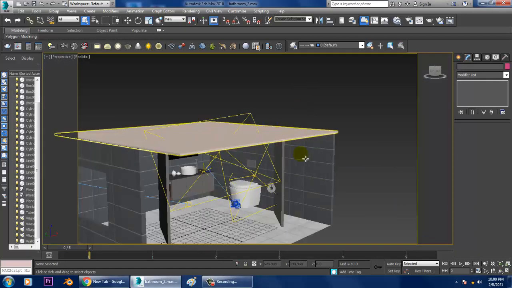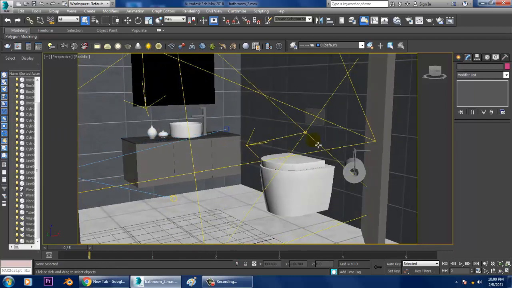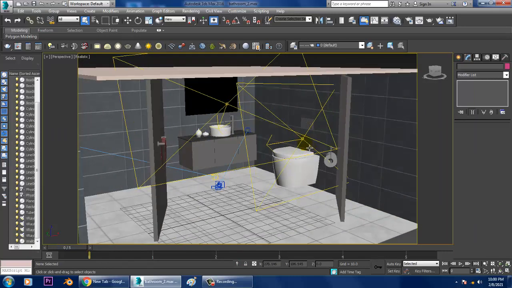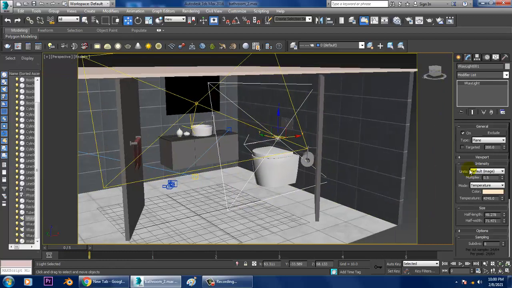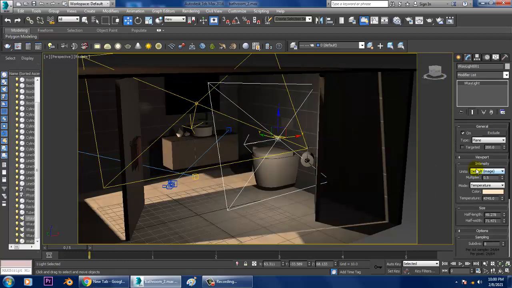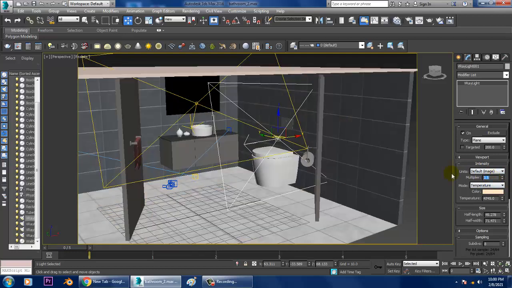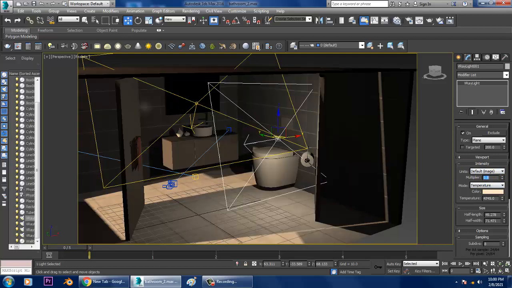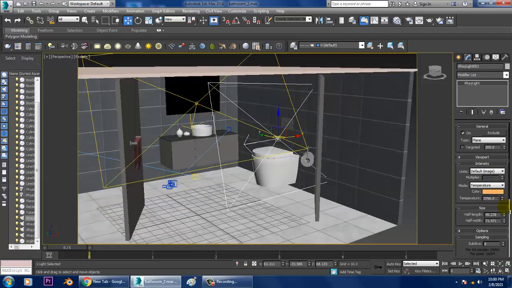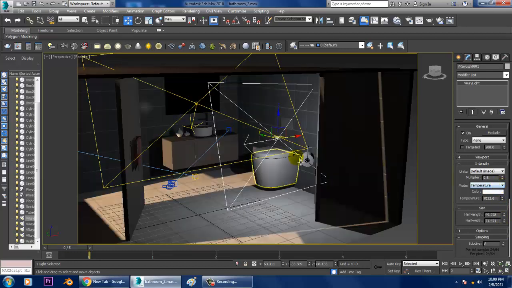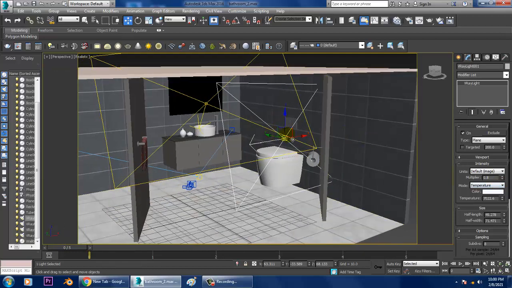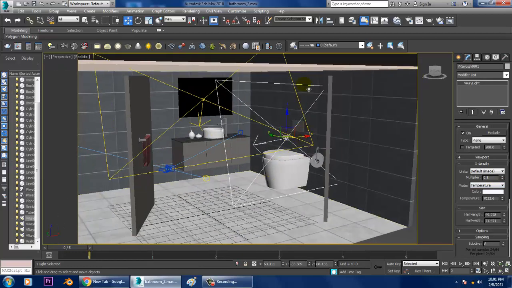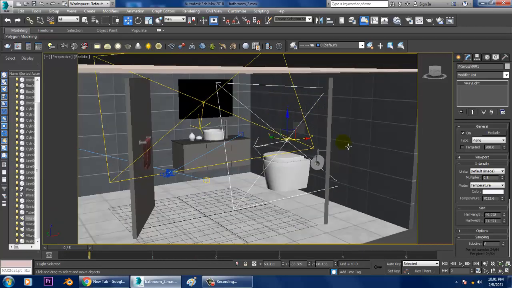So let's get started. As you can see over here, we have started with the lighting part. Let's go into it and make a few changes. Very first of all, I'll be increasing the intensity of this light, and if you want to work with the temperature, I can slightly change the temperature also. As you can see, I have changed the temperature and increased the light intensity.